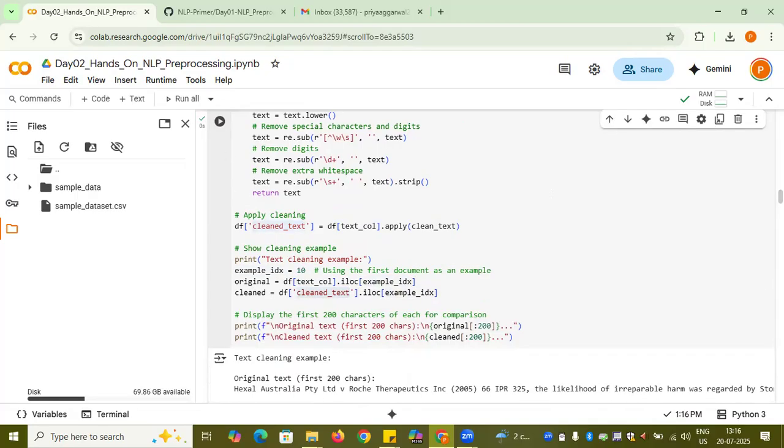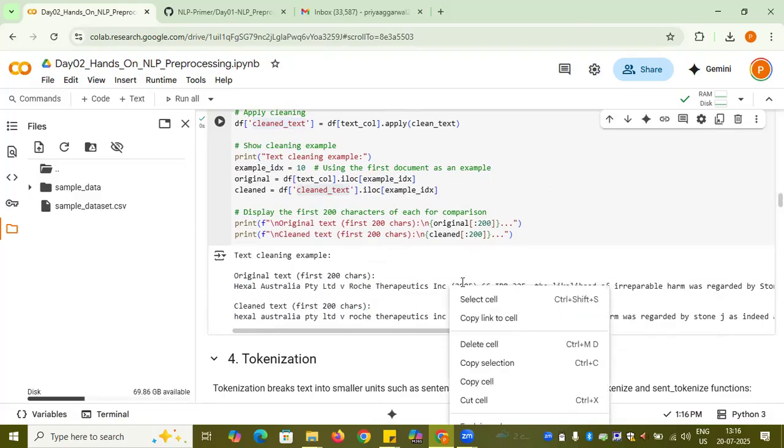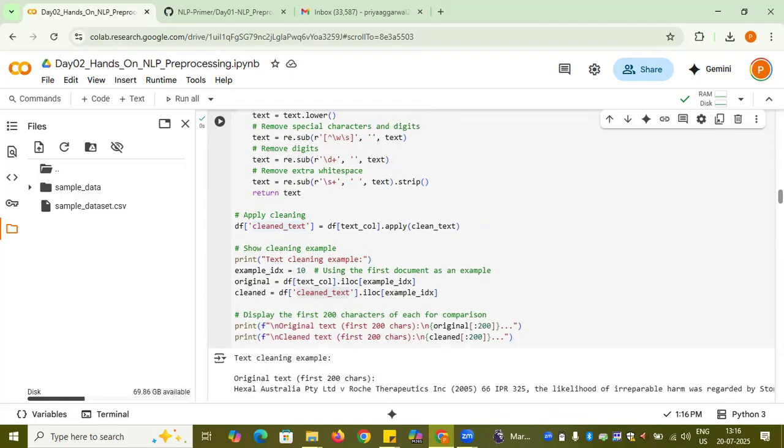After cleansing, if you see here, this was my original text, and then after cleansing I found this number removed, because I specified that every number should get removed from my input data. This is what I did in this cell. But as per your need, you can modify it, whether you want to keep the digits or anything. That is all specific to the data that you are working upon.